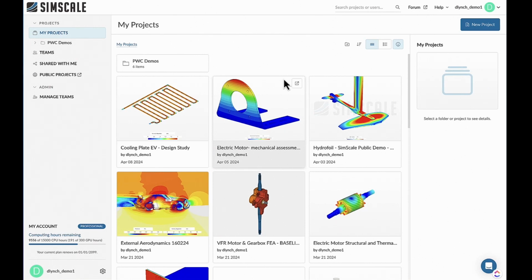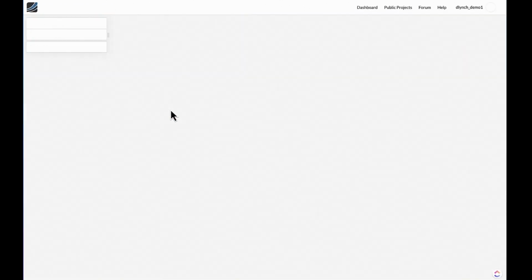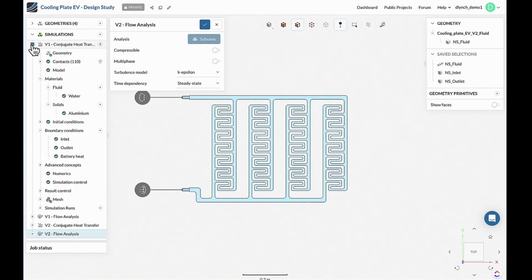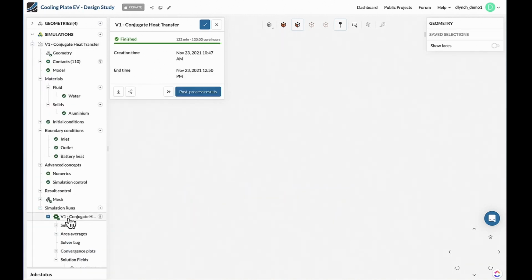Now, once you've created a project, once you've picked a project that you want to work on today, we can double click on it, open it up, and that will take us into what we call the workbench. So if we double click here, you'll notice we load into a new screen, and this is what we call the workbench. So if I quickly load up some results just to put something visual on the screen here.